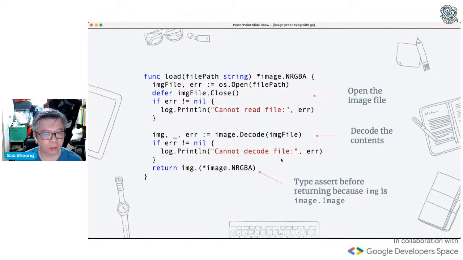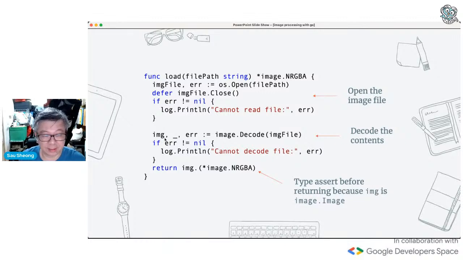Okay, so this is the load function that allows you to load a file. Basically, that's a PNG file here that we want to load up, and it will return an image.NRGBA. The usual approach is you open up the image file, the top part here. It's basically just opening up the file, and then you call image.Decode with the file, and you'll be returned an image variable.